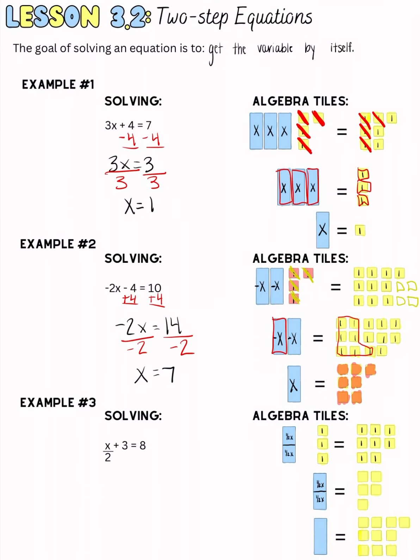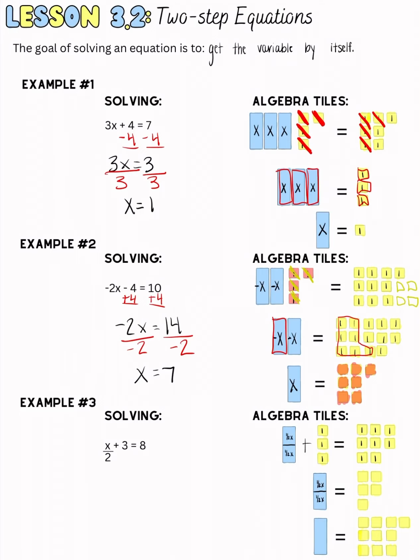Okay, so then let's look at the last one. X divided by 2 plus 3 equals 8. So x is being divided by 2 and added by 3. Okay, so essentially we have half of x plus 3 equals 8. So if we look at our algebra tiles, I have half of x, so one x tile is being cut in half,